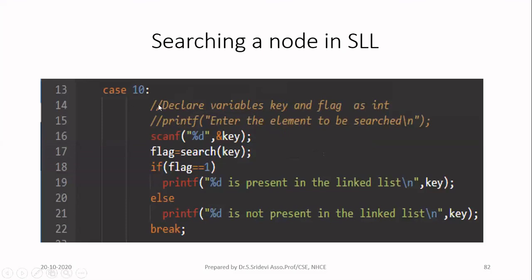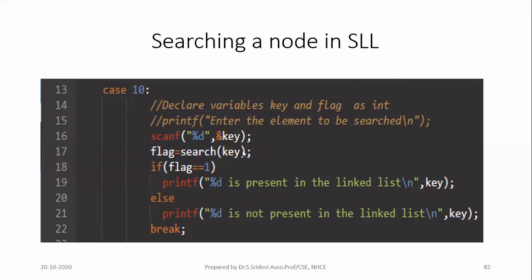So in the main function, in the same program I have continued, there I have stopped up to case number 9. Here I am writing case number 10. So case number 10 is for when you want to perform the search operation. First, from the user, you try to get what data the user wants to search in the linked list. For this, you declare this key as an integer variable. After that, you call the function search. To this function, you have to pass the key only. Remember, here I have not passed the pointer to the linked list because I have declared everything as a global variable. If you don't declare them as global variables, you have to pass the starting address of the linked list as a parameter.